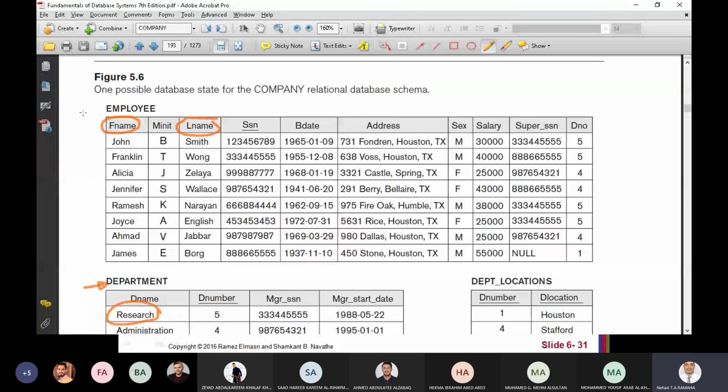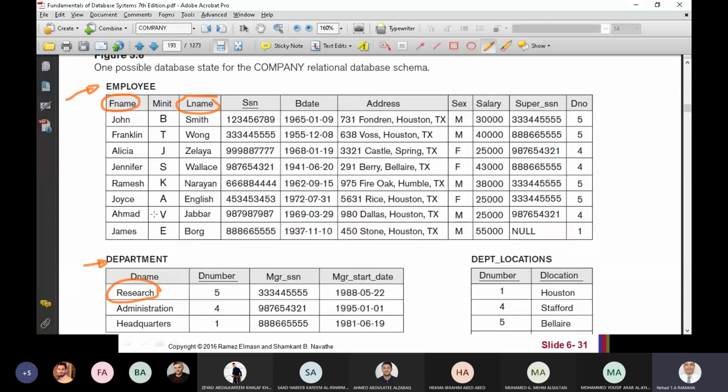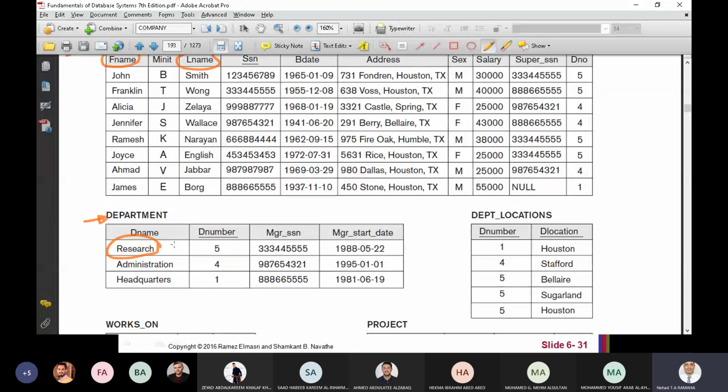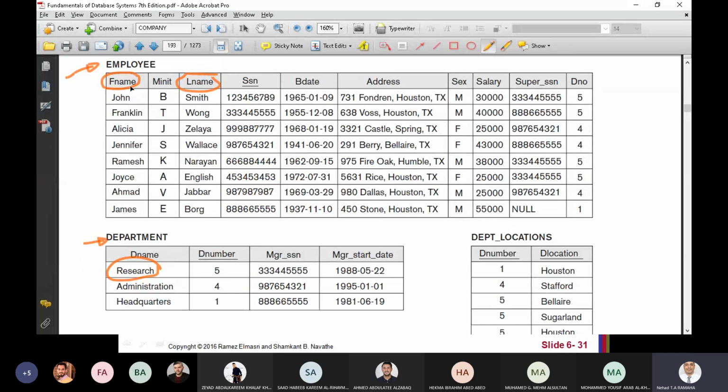It's from employee. So we need to connect between these two tables to check the name of the department, then we can retrieve the names of the employees.